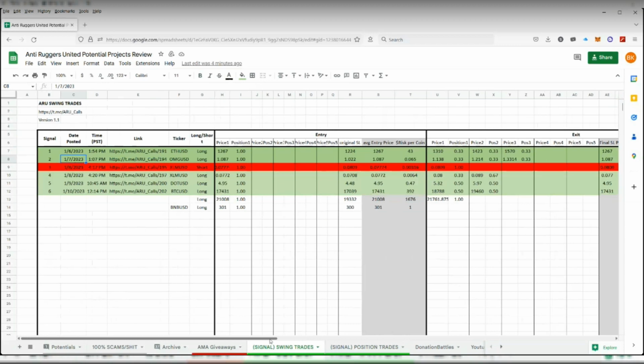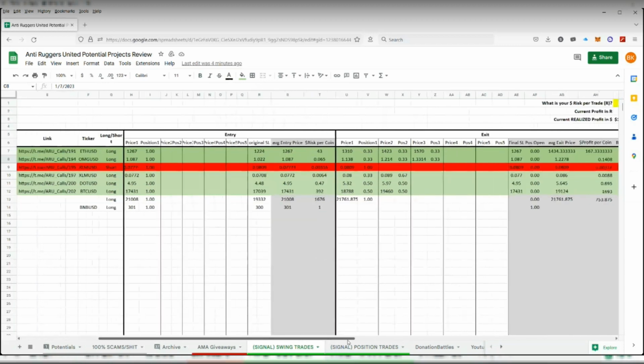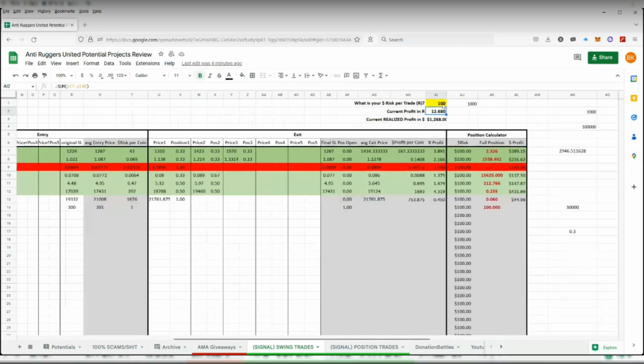And this swing trade stuff, this is the moneymaker right here. Look, we would have made 12 times what you risked. So it's same thing as doing basically like a degen and making 12x on one token, or you're doing 6 tokens and making 6x or 2x